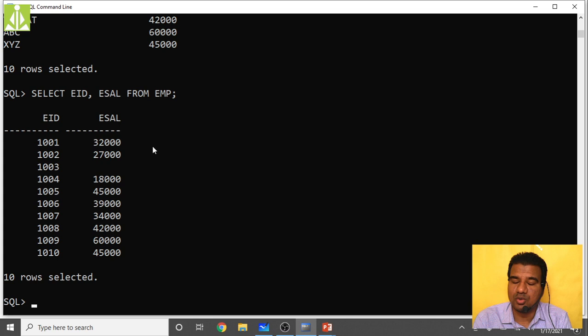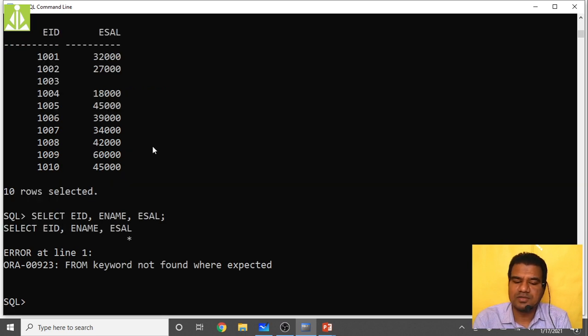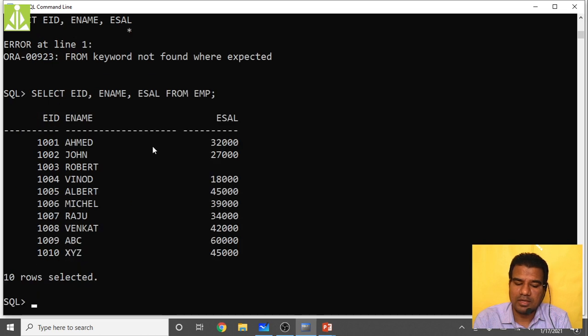Two fields we are selecting. Select EID comma ename comma esal. Okay, from employee I have not written. From employee. So it will list all three. So like this you can do the selection for different fields.